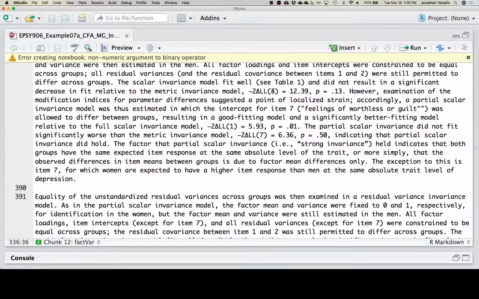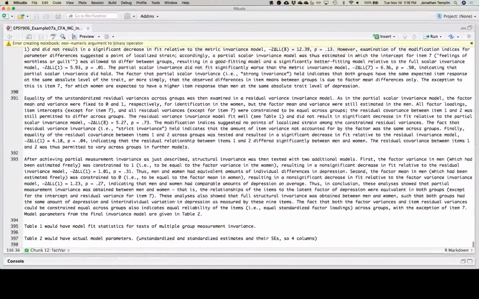But then example 3, which we probably won't have time to get to, example C I believe, is this version of the analysis, but with weighted least squares for categorical data. What you're going to see is almost identical to this right here. In fact, it is identical to it. We do the same process: scalar, metric. We actually skip residual because it doesn't exist, and then we go to factor.